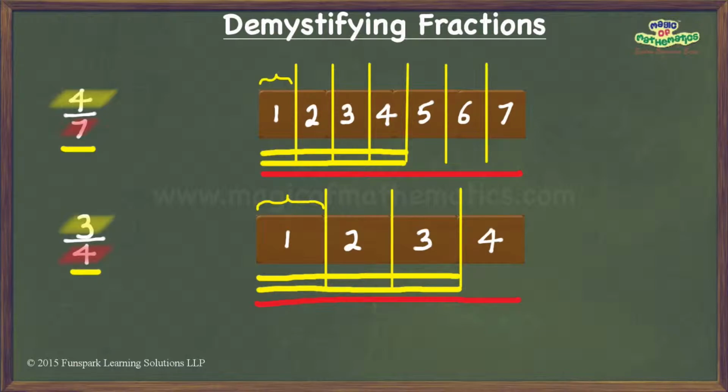But it is obvious that we can't apply this logic here as the piece size is different in both the cases. To get around this problem, I will make the piece size the same in both the cases without disturbing the fraction value. Or, in other words, I will make the number of equal size pieces into which we cut the chocolate in each case the same. For this, I will take the pieces as seen here and cut each of them further into equal size pieces.